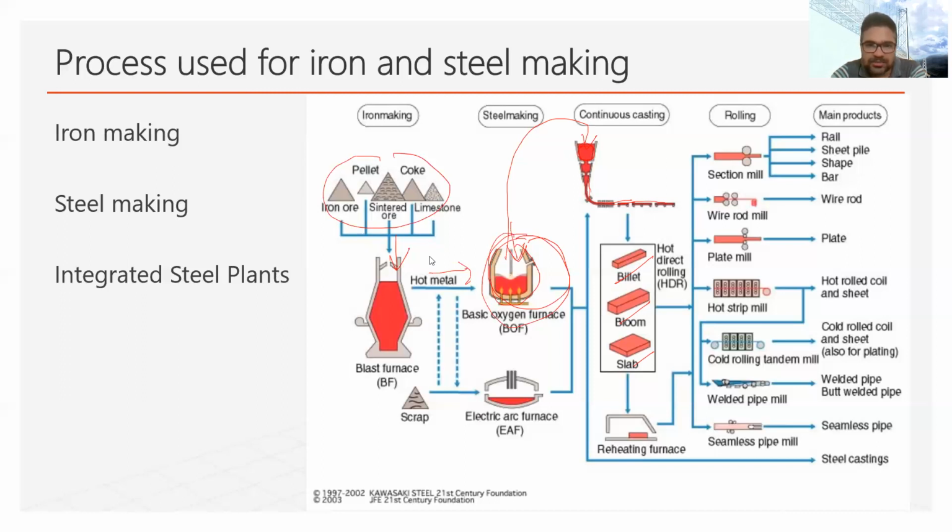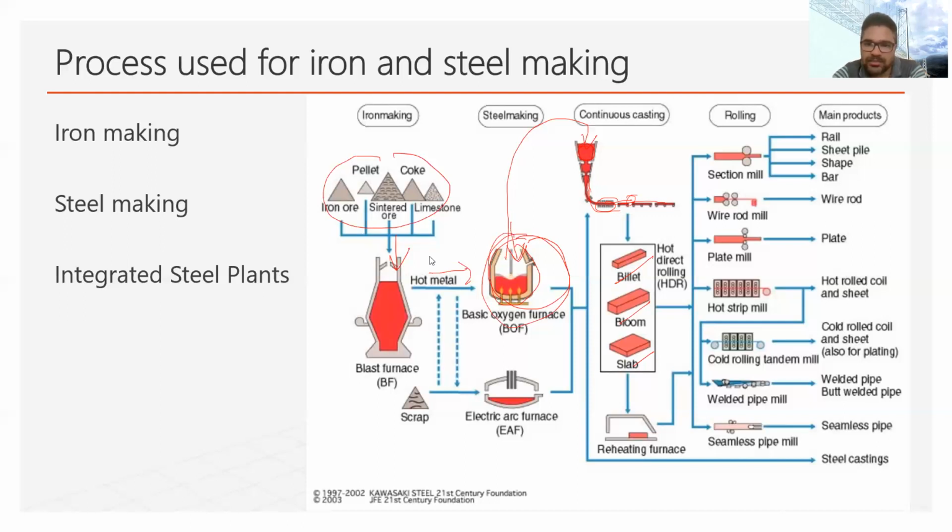So this method is called continuous casting. In this, as you can see, the iron is going continuously down, and it is being converted into billet, bloom, and slab. In the old process, it was not a continuous process. It was for a certain period, and liquid iron was converted into some blocks. Now those blocks are known as ingots.